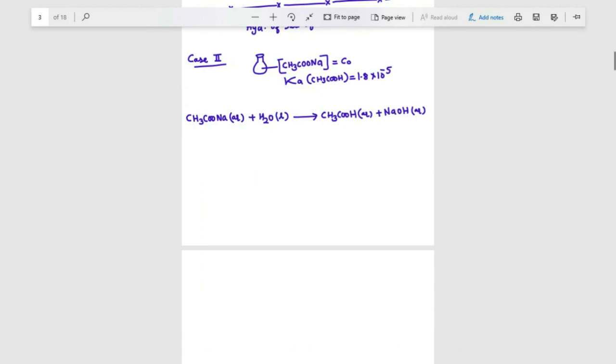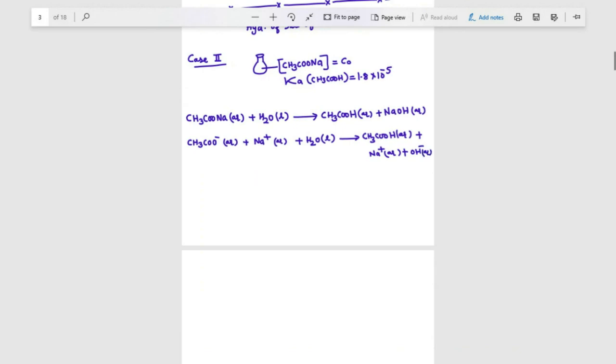So if I further simplify, I know that this is a salt, and if nothing is mentioned about salt, salts are an example of a strong electrolyte. So this will be 100% dissociated. So this is acetate ion and Na plus ion plus water molecule H2O in liquid state. On the right hand side, since it is a weak acid, most of the weak acid will exist in the molecular form. So I will write it in this form only. But NaOH is a strong base, so we should write Na plus in aqueous state plus OH minus ion in aqueous state.